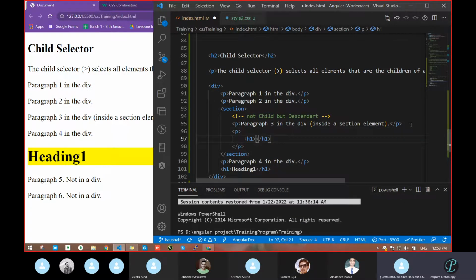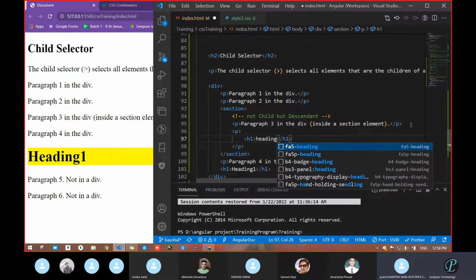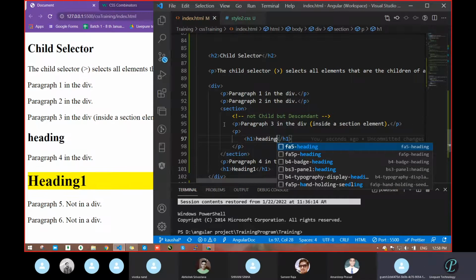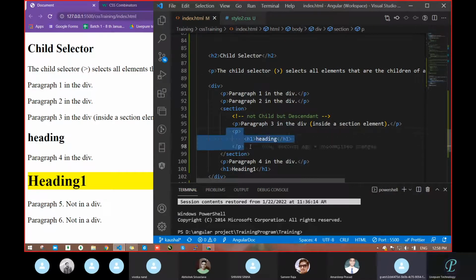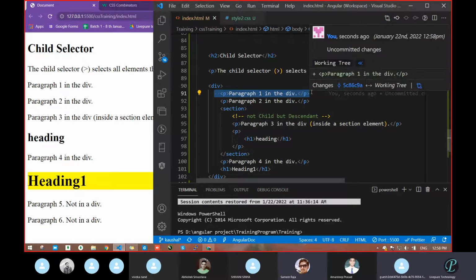In some scenarios you will get multiple sections like this, and you have created a design with nested elements, nested tags. In that scenario, if you want to style the nested element of only the first element, you will go with this different type of selector.